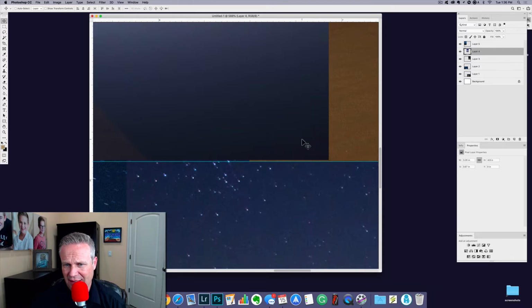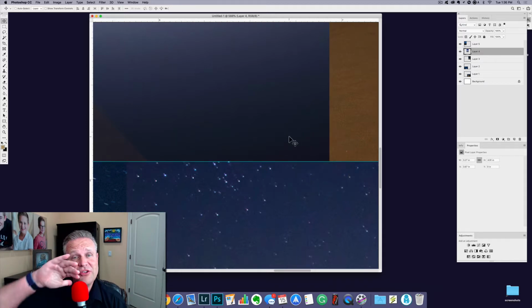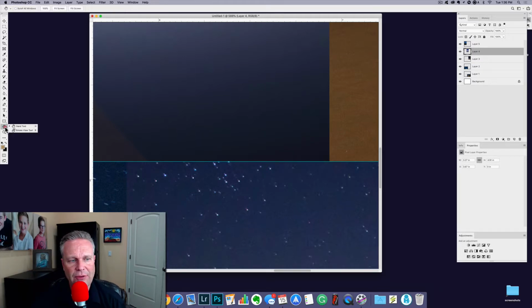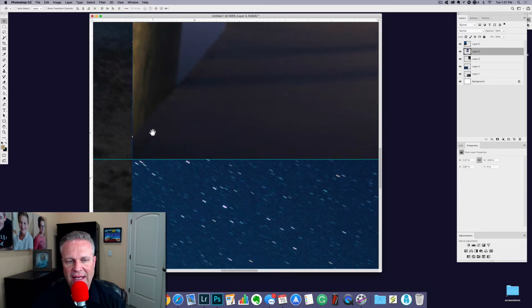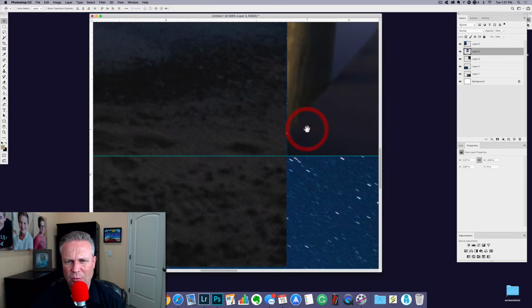So I'm going to select it, Command T, and I'm just going to grow it just a bit to fit that spot right there. Now, in order to move across the image without zooming back out, I can either click on the hand tool right here, or I'm going to stay on the move tool, or I can hold the space bar. If I hold the space bar and click and drag, I can now move across my document